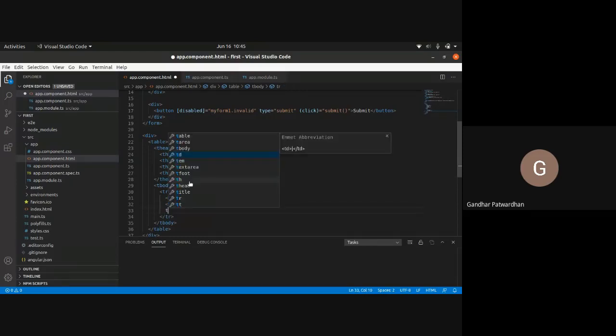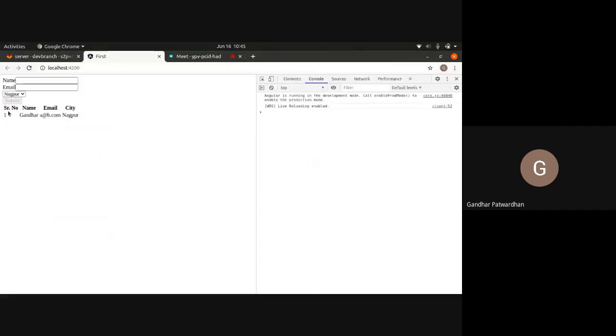Then next I would write say a@b.com. Next I would say city, let's say Nagpur. So that is how you create a hard coded table here. Is the table visible? We are not applying any styling or anything, but it is just a very, very simple table.